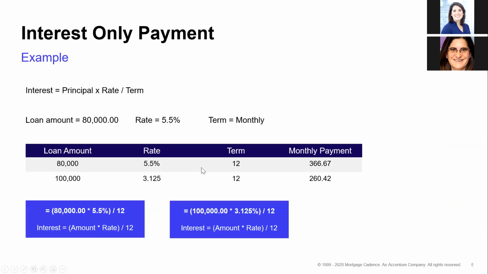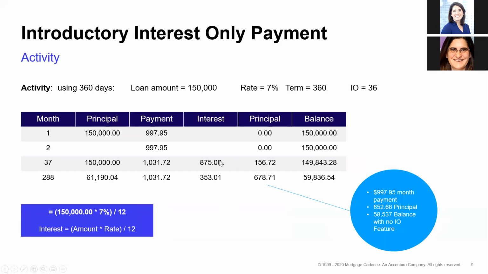So let's look at how that would work. It's exactly what we just did, so it's not as time-consuming for us to review. An interest-only payment is only interest. And so you're just taking the loan amount times the rate divided by 12. That's it. That's what gets us our payment, okay? So now this is the same loan that we amortized. Same concept, 150,000 times 7% divided by 12. There's our 875. But what I did here was I gave it a 3-year IO period.